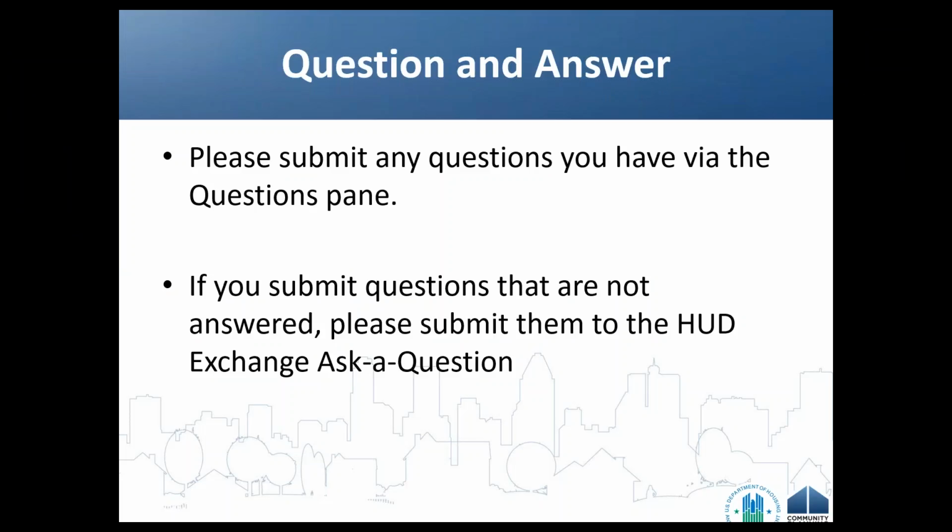Okay, well, first question. What is the distinction between a consortium and a regional plan?